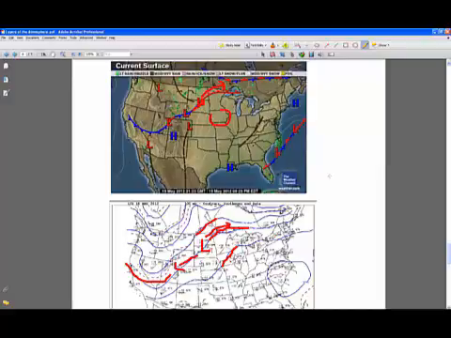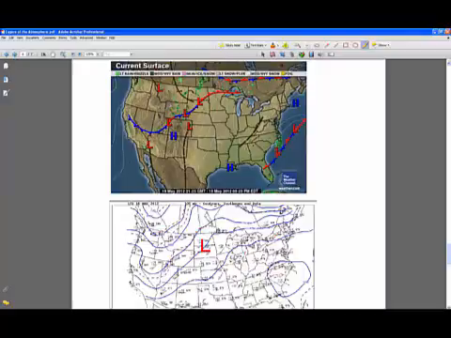Now we can figure out how fast this low and the fronts are going to move. So let me clean this up a little bit. You're going to have to do a lab with this on moving fronts, so that's why I'm showing you this. I'm going to leave the low there, and so let's track this low. Typically surface features such as low pressure centers, recall winds are counterclockwise around low pressure centers,